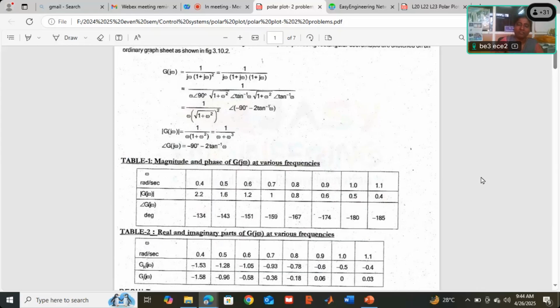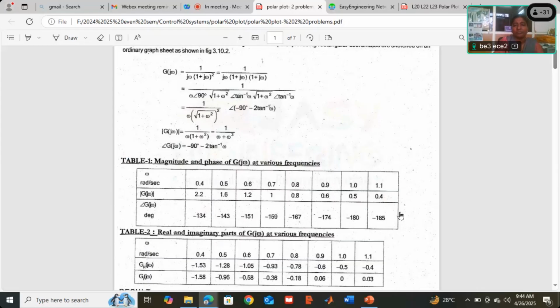By default 0 or 0.4, they are very close, and at infinity we will see anyway. I will tell you in the graph sheet why 0 and infinite are not given much importance in this table. I will show you in the graph. Whether we take 0 and infinite, it is coming the same values only, but by default we will remember 0 and infinite should be taken.